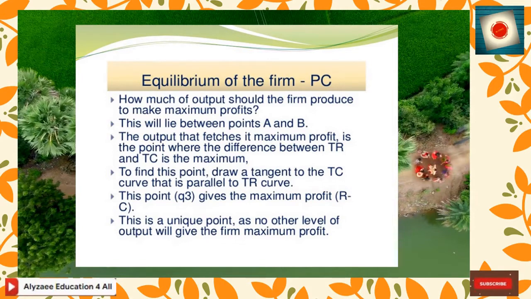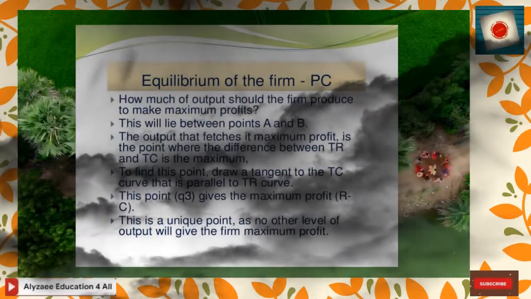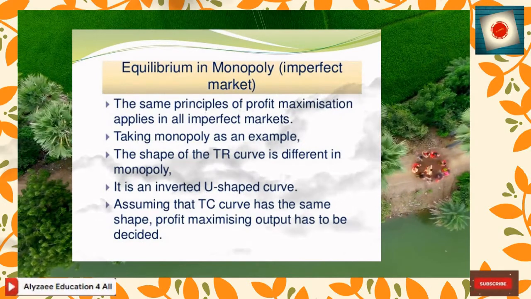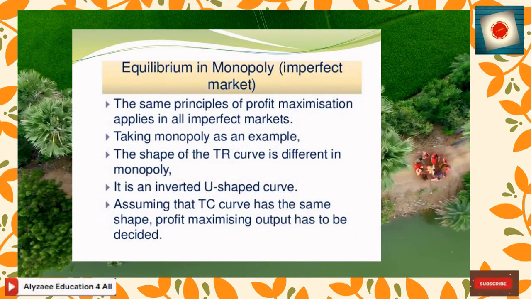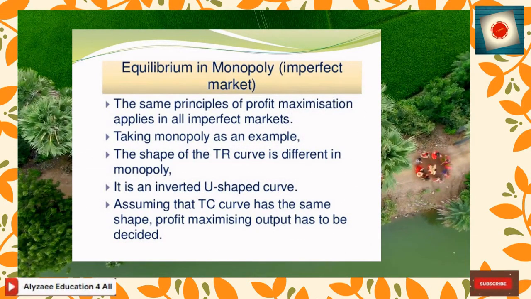This is the unique point, as no other level of output will give the maximum profit for the firm. Thus equilibrium in monopoly in imperfect markets. So the same principle of profit maximization applies in all imperfect markets. Taking monopoly as an example, the shape of the total revenue curve is different in monopoly. It is an inverted U-shaped curve, assuming that the total cost curve has the same shape and profit maximizing output has